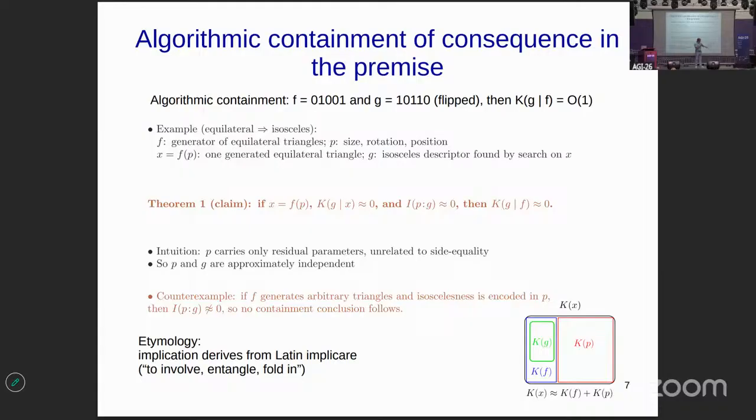And if P and G do not overlap as well, and G is also contained in X, so the green information has to be contained in the black box but it cannot overlap with P, then it must be contained in F. That's a graphical representation of how the theorem works, and we can see how it can work also in practice.